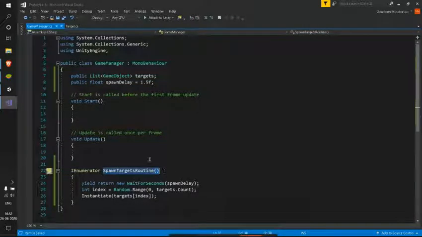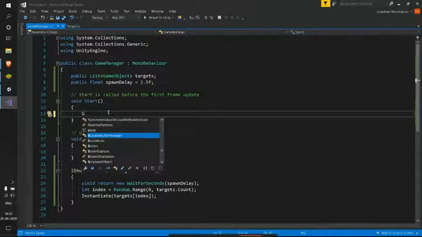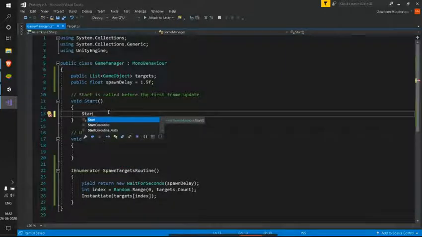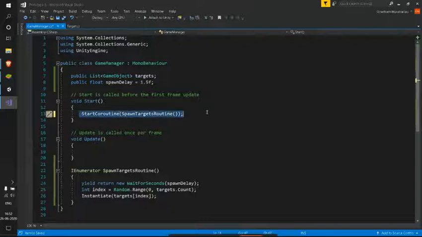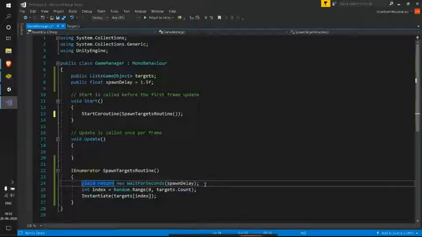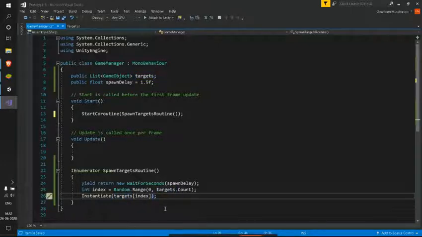Now it's time to start this coroutine in our start. So here let's start our coroutine, and I'll be giving this like this. So in our start we are starting this coroutine, and by waiting for this 1.5 seconds, which is our delay as of now, we can edit that at any time. By waiting for this amount of time, it will generate a random index, and with that index we are generating object, right? We are making a copy of our prefab, which means we are generating a random object itself, sorry, a copy of a random prefab.